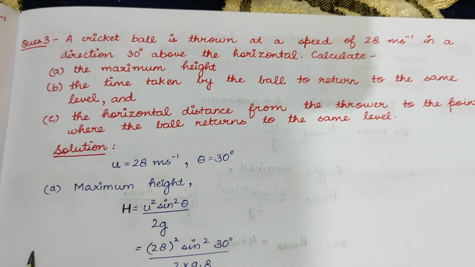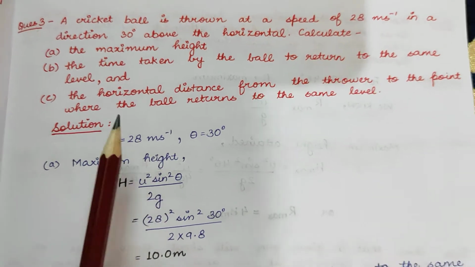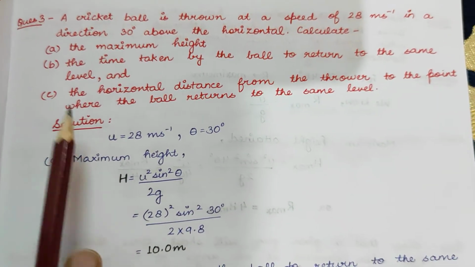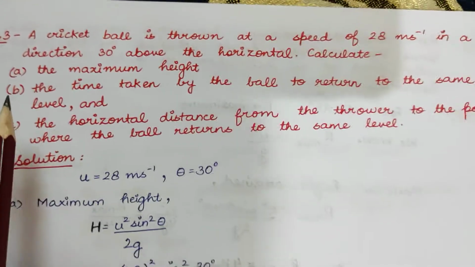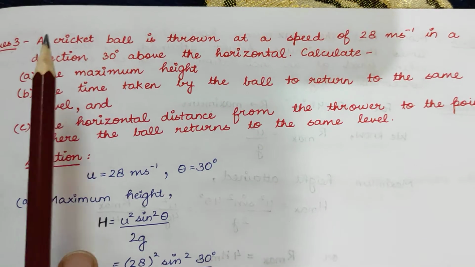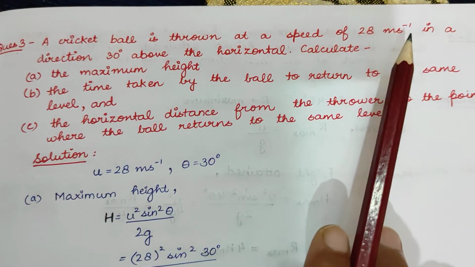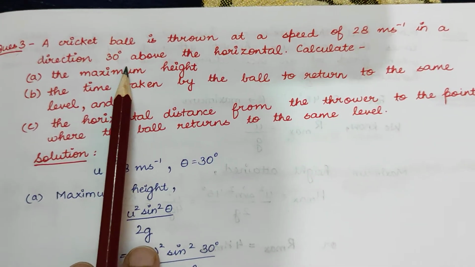Students, we have studied about projectile given angular projection. Fine. So now we will try to do a numerical related to this topic. What does the question say? That a cricket ball is thrown at a speed of 28 meter per second in a direction 30 degree above